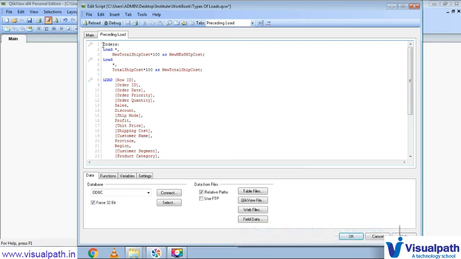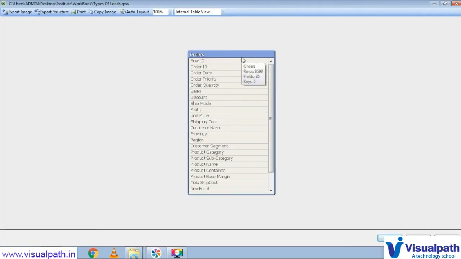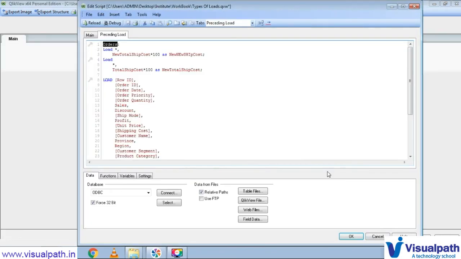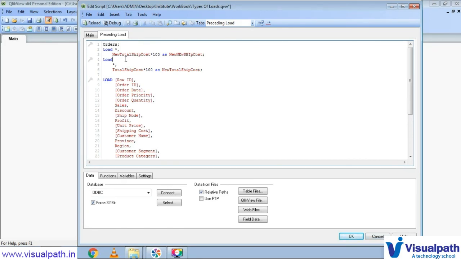With the preceding load, what we have done is create a single table here, the orders table. All these loads belong to this particular table. If you go to the table viewer, you will see only one table exists in our database, Orders, with these different fields. In the resident load, we can pull some fields from an existing table.